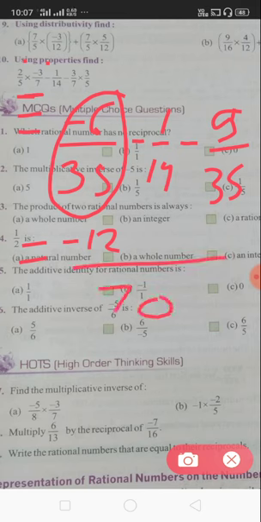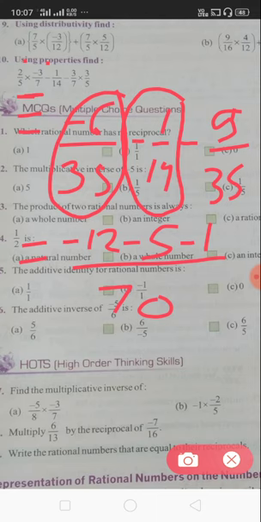Okay. Here 14 is written in the denominator. By which number do you multiply this? You should multiply this by 5. 14 fives are 70. So in the denominator 70 is already written. In the numerator 1 into 5 is 5, minus 5 you write here. Next, 35 twos are 70, 9 twos are 18.